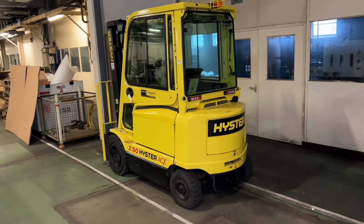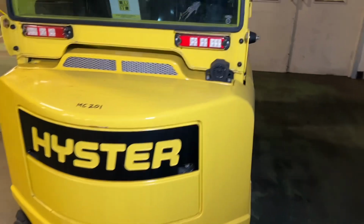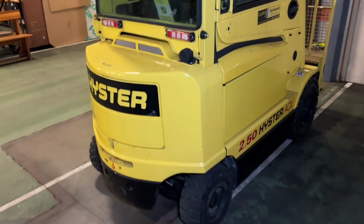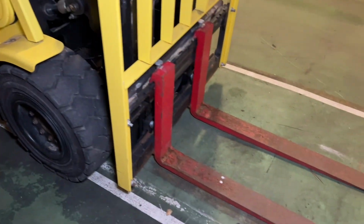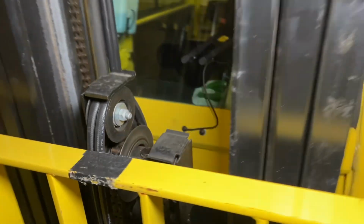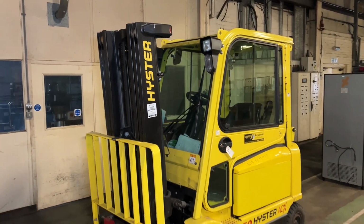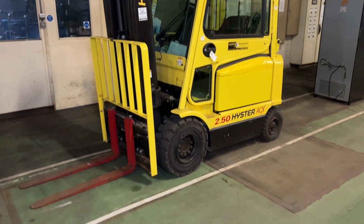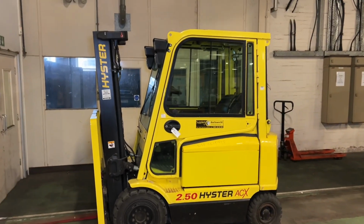So yeah, this is year of manufacture 2008. Untested this one, as there's no battery or charger, so please bear that in mind. Have a good look at the pictures. I'll try and get you around as best I can here. Okay, so all the lifting capacity details are in the lot listing itself should you be interested in the Hyster ACX